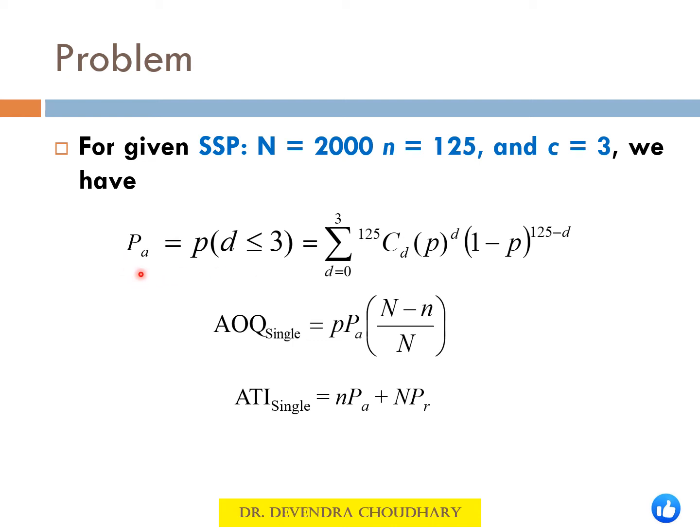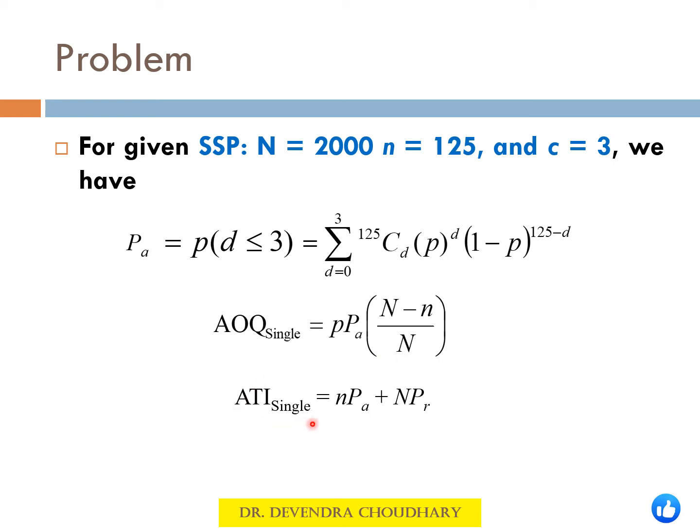So probability of acceptance for having defectives at most equal to acceptance number 3 will be the sum of finding 0 defective, 1 defective, 2 defective and 3 defective given by this binomial distribution function, and average outgoing quality of single sampling plan is given by this relationship,